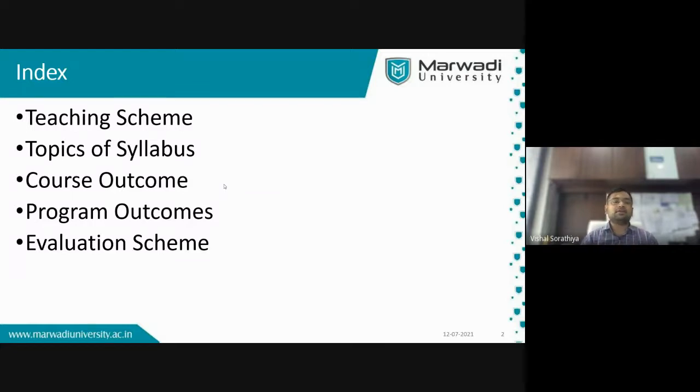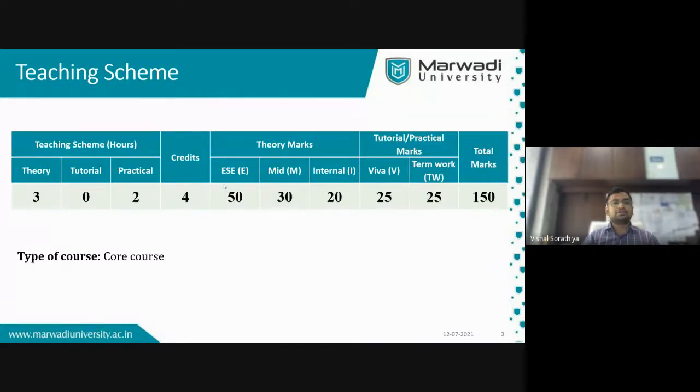But the final evaluation scheme will be decided in one week or in ten days, because according to the mode of delivery, offline or online or whatever the decision is, we will give you the detailed teaching scheme and evaluation scheme. So this is a 302. Overall, we have five hours of contact period. We have one lab and a theory session of three hours. And there are five components that we are going to evaluate.